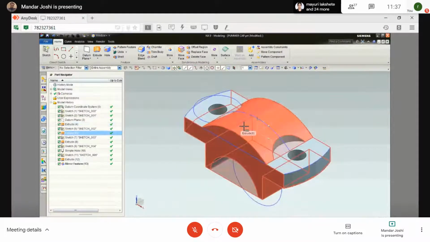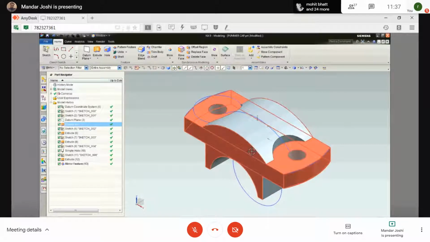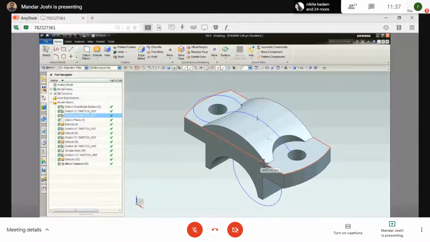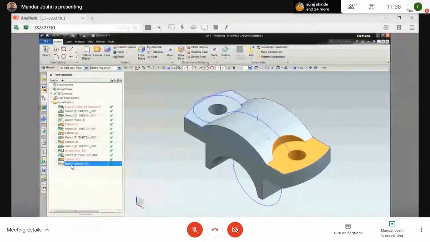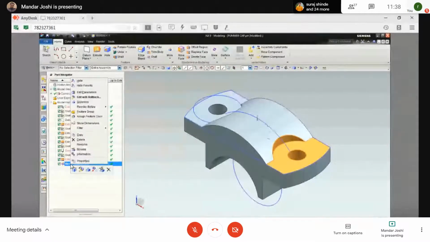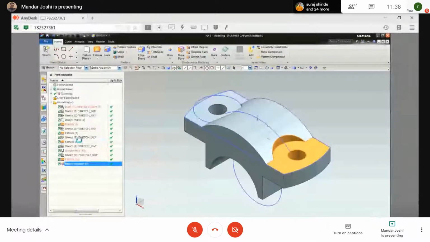But what is the recommendation? Mirror is never used. It is quite easy to operate, but it is not used because unsymmetrical values you cannot do. The mirror will always present in symmetrical fashion. So instead of that, I'm going to delete this feature first. There is an alternate way. What is that?